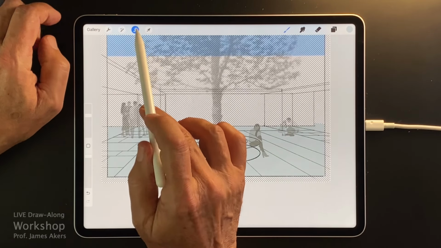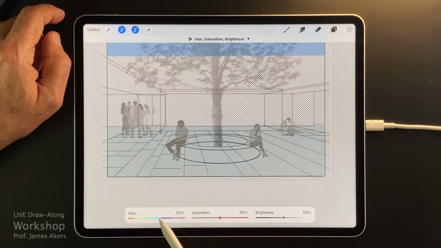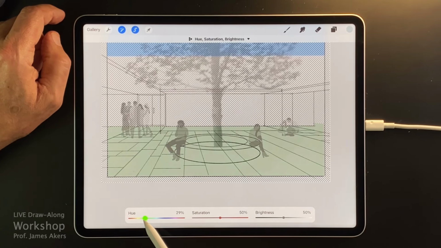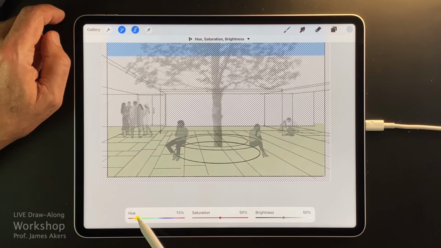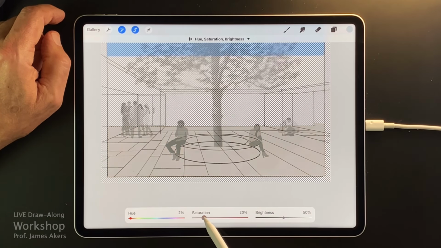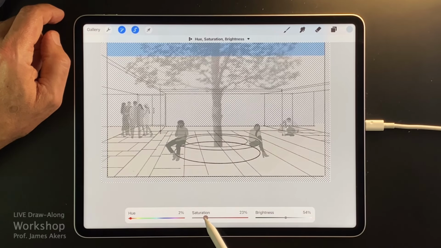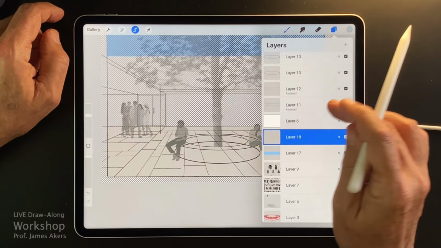I'll go into the adjustments menu and start by finding a better base color, and then maybe desaturating it a little bit and making it a little brighter, a little more saturated.